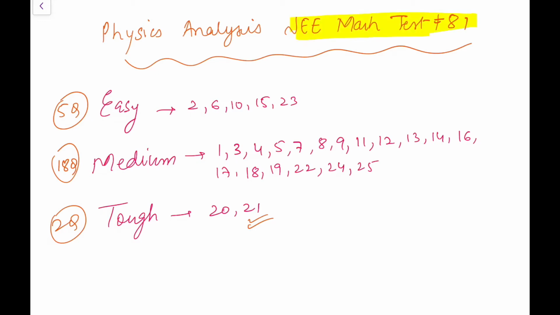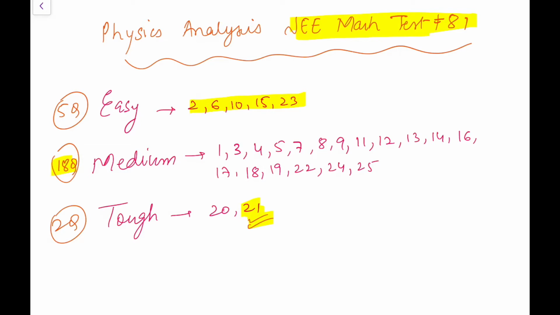I just solved this JEE Main Test 81 and here I am with the analysis of this paper. As per me, 5 questions can be regarded as very easy, 18 were medium, some you will find easy, some you will find tough, and 2 questions I have regarded as tough. Question 21 is a pick-off question. I have the very beautifully asked question.